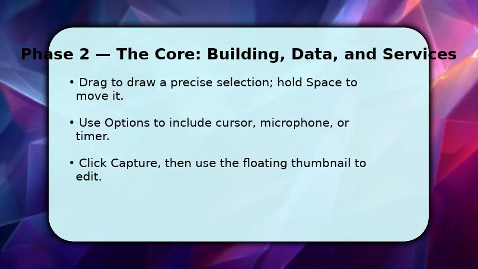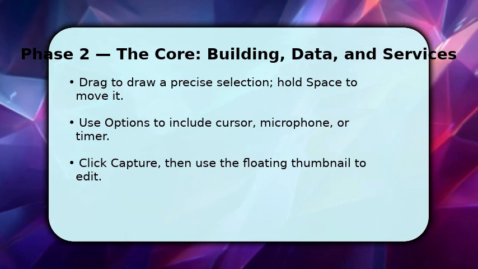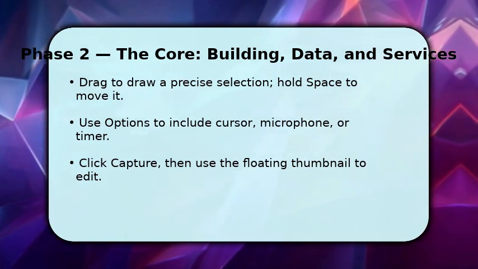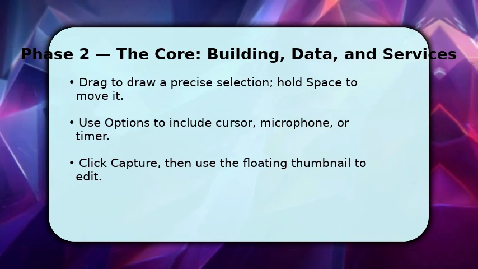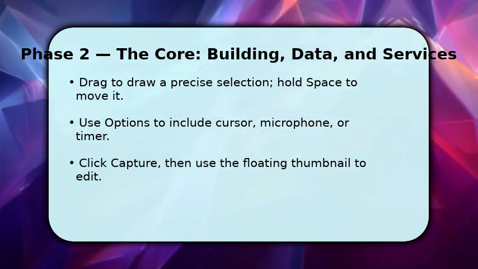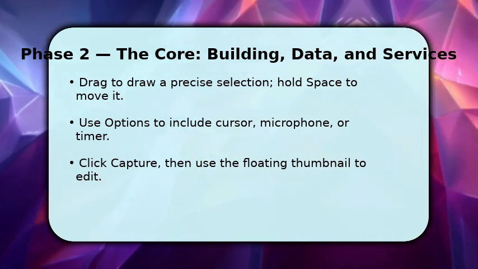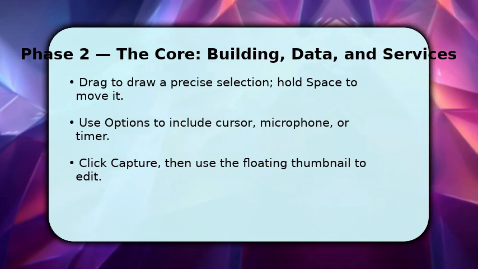Next, refine the shot. Drag to draw the exact region you want and hold space to reposition the selection easily. Once done, check options to include the cursor, set a 5 or 10-second timer for menus, or choose where the file saves. After you click Capture, use the floating thumbnail that appears in the corner to trim, annotate, or share